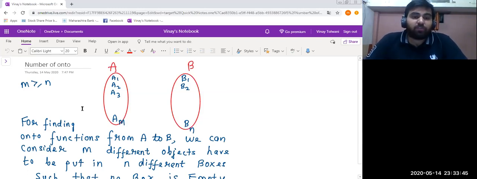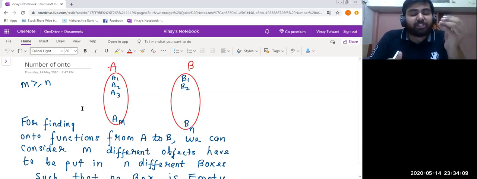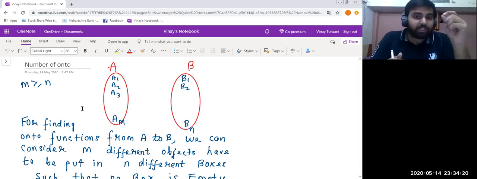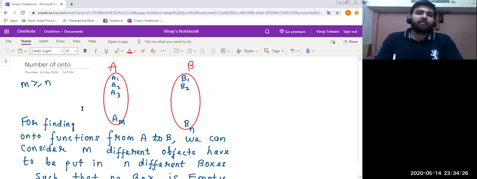Because if m is less than n, then there can be some elements in set B which cannot be associated to some elements in set A, because m is small and n is large. That's why, friends, for a function to be onto, m should be greater than or equal to n.